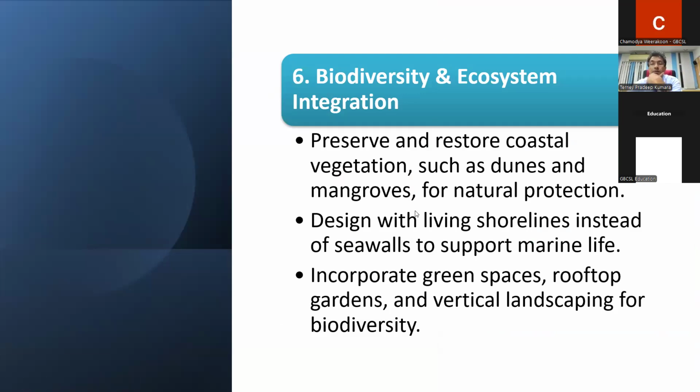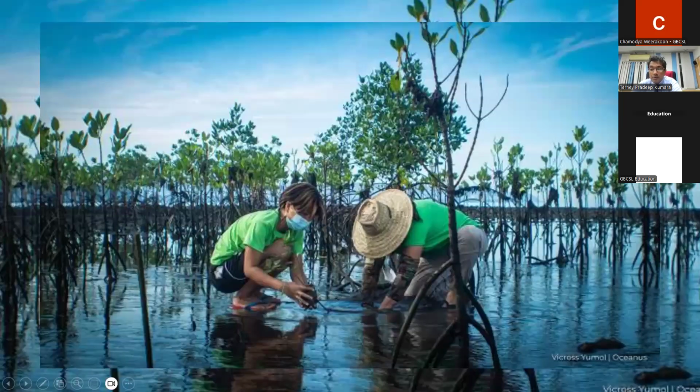And again, biodiversity and ecosystem integration. So how do you integrate your construction into biodiversity and ecosystem? Right, preserve and restore coastal vegetation such as dunes, mangroves, and natural protection. Design with living shorelines instead of sea walls. So stop sea walls and others, but design offshore, maybe environmentally friendly erosion control measures. Incorporate green spaces, rooftop gardens, and vertical landscaping. Look at this here, and you can see restoration in this area, in your project area, to do some more